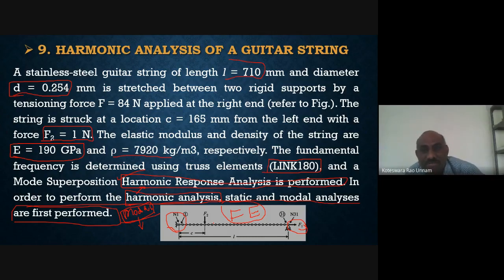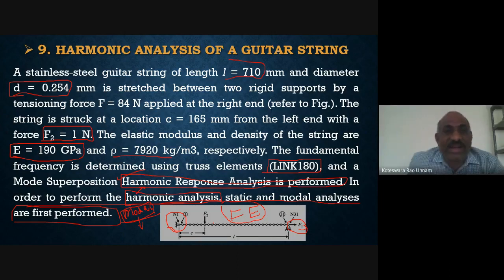So here for this particular problem, we'll use the direct approach. Since it is a line, I can easily create the nodes and elements here. So I'll go for the direct approach. Of course, you can use the indirect approach also, but my intention of selecting the direct approach is so you can explore some more features of the software. You can use indirect also. First, you create a line of 710 mm. Then you mesh that, you will get the same thing. But the only thing is, my intention is that you learn another feature of the software. To learn another feature, I selected the direct approach.